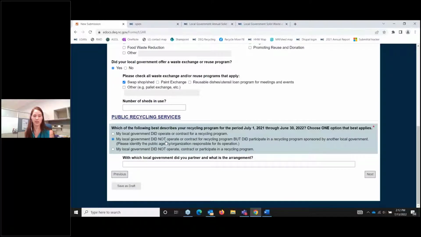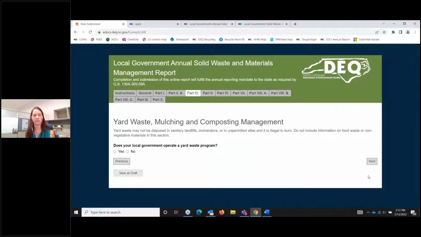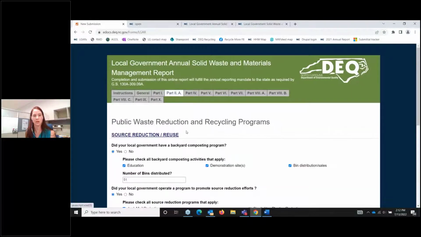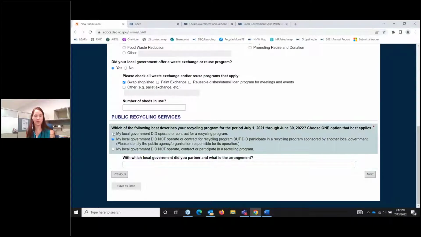In that case, you'd say yes to this question. For example, Orange County provides curbside recycling for the town of Hillsborough, so they would say yes here, and then say which government you partnered with. And if you answer that, it would skip you to the end, but now we're going to say that we